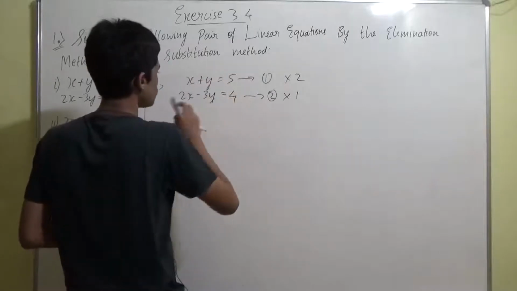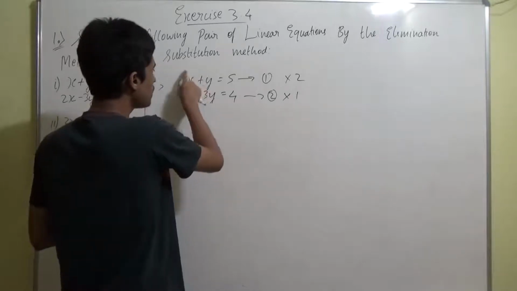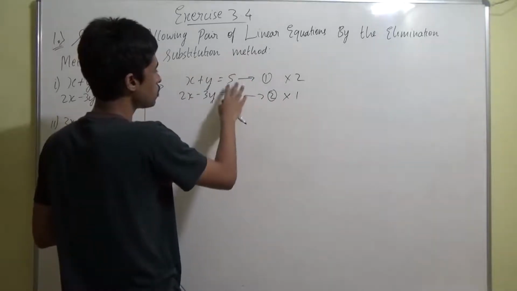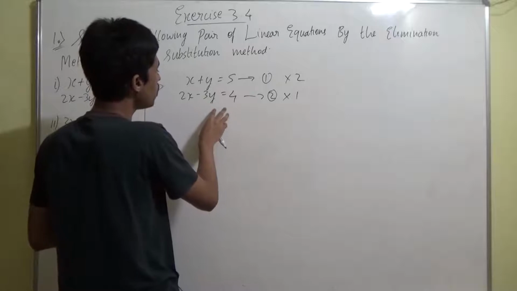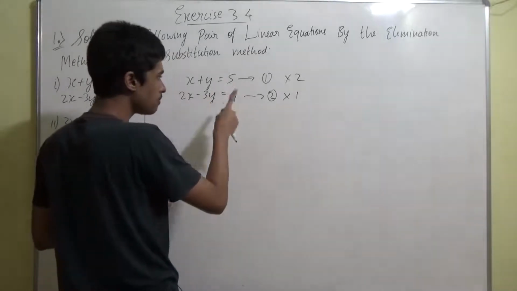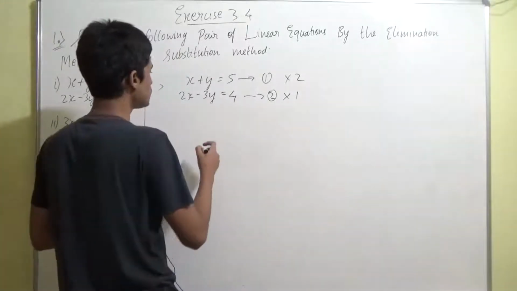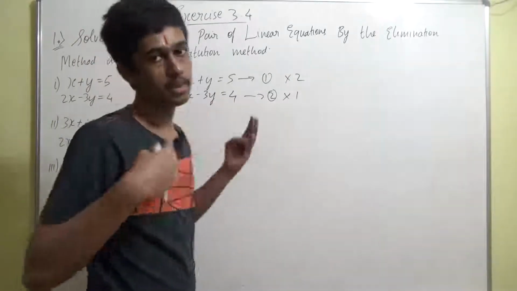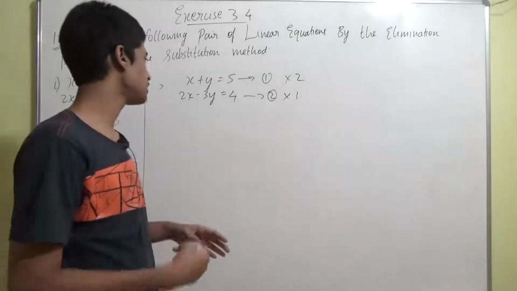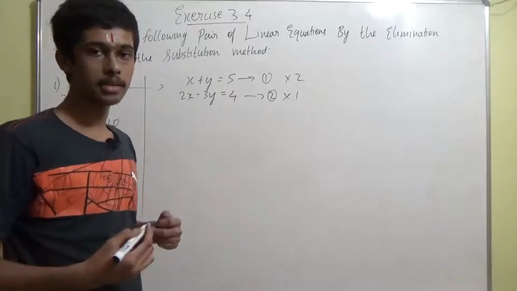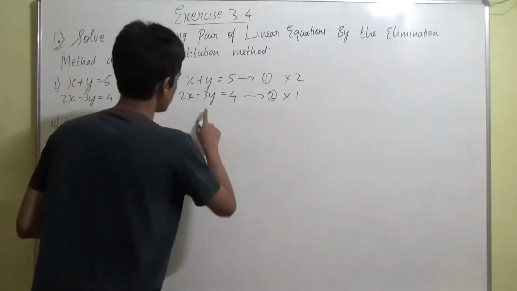Now we are solving the same equation for substitution method. In substitution method, what you are doing, you are taking the value of one variable in terms of other variable and the numbers left out with the constant terms, and then plugging in that value in the second equation, and then finding the value of the one variable, and then substituting it back into any of these two equations to get the value of other variable as well, right? I think it's tough to get. You might not get when I say this orally, because I have practiced so many times right from my school days, so I know it. So it might be a bit tough for you people initially. You will get habituated. When I solve, you will get to know easily. Okay, so don't worry if you are not able to understand, right?